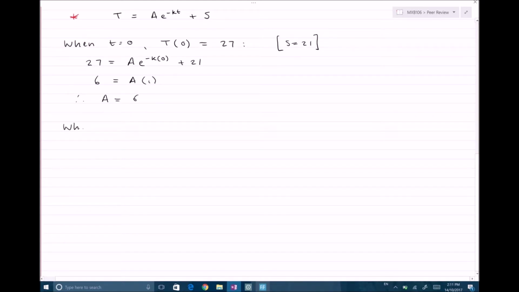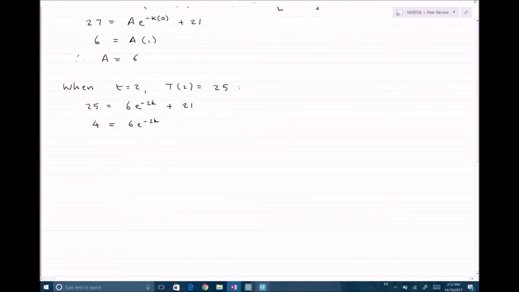If we use that other bit of information, when t is equal to 2, the temperature is equal to 25. So let's sub in these values. We've got 25 is equal to 6 e to the negative 2k plus 21. Rearranging, we've got 4 equals 6 e to the negative 2k. Divide both sides by 6, and we get 2/3